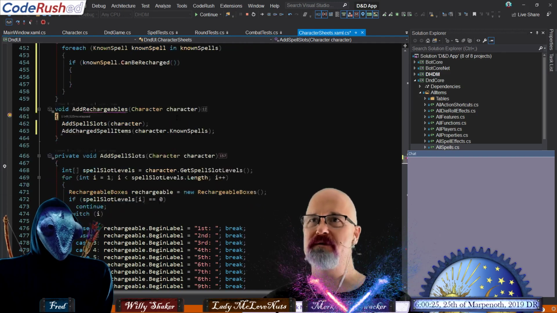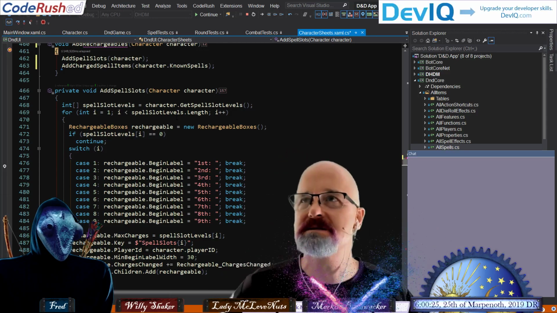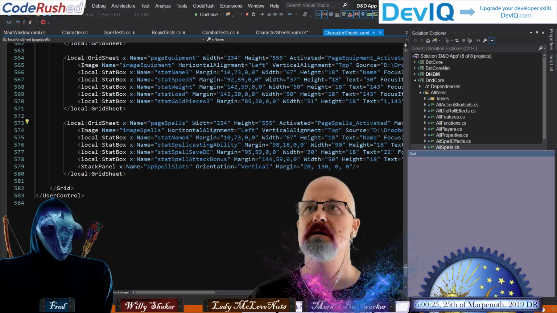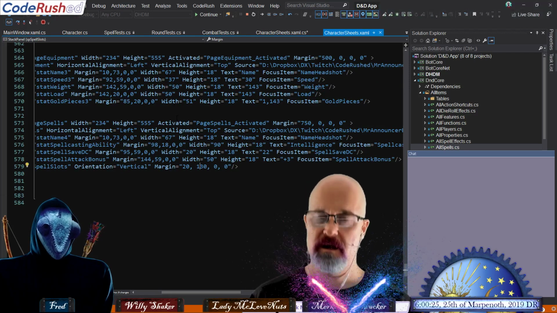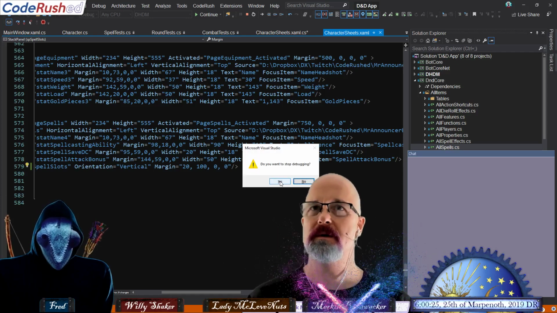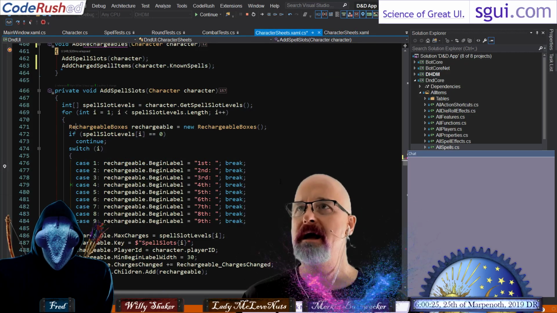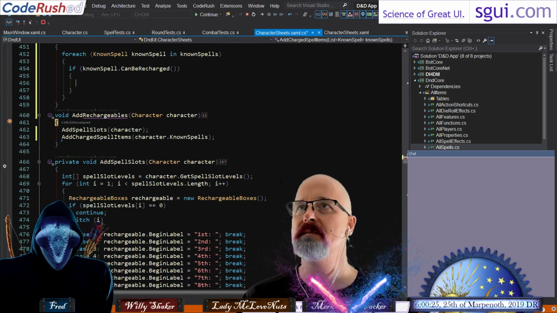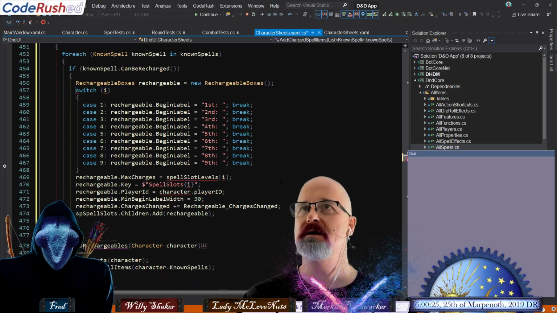And we need to figure out what's going on here. We're adding it to spell slots here, this spell slots piece. Which, by the way, where is that declared? That's here. Spell slots. I think this margin is too high. Let's make it 100. Move that up a bit so we have more room. Nope. Don't want to stop debugging. All right. Okay, come back over here. And the code's going to look, I don't know, something like this, I guess. That's what it's going to look like. And so we're going to create a new box.